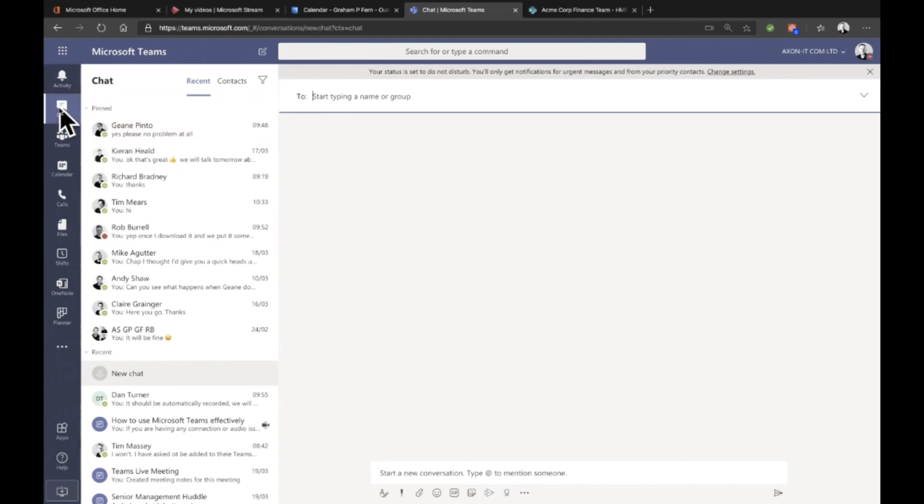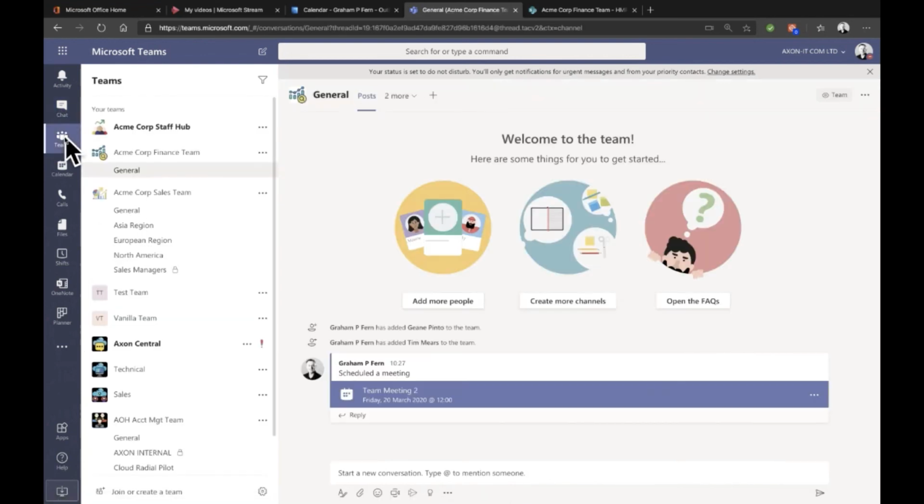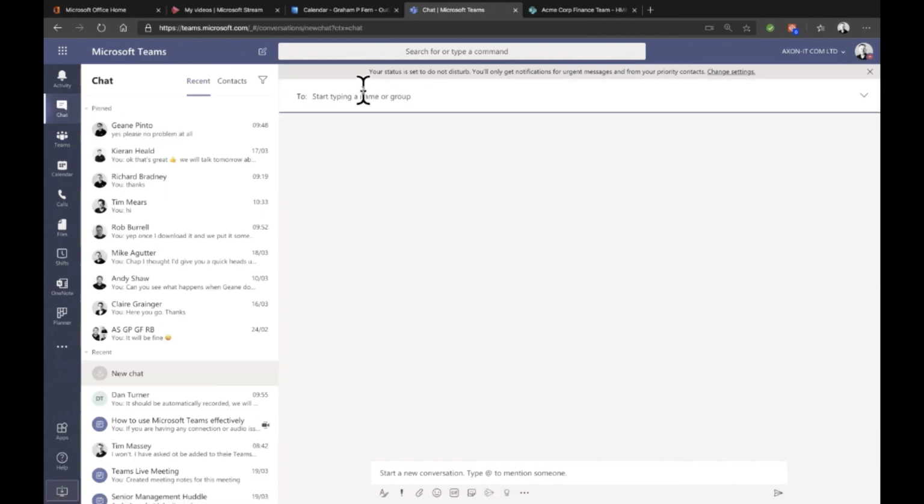So a manager can have one-to-one conversations, all private, and a manager can have an audio call one-to-one with any team member or a group within the team, maybe all the team. Of course they can do that, and they can share files privately in the chat facility. Everything that happens in the team is seen by everyone in the team. So if, let's say, there's 20 people in a team and 3 of them are managers, I would probably go to chat, add the 3 people into my chat, say, right, if I just show you here, I'll just put Tim,